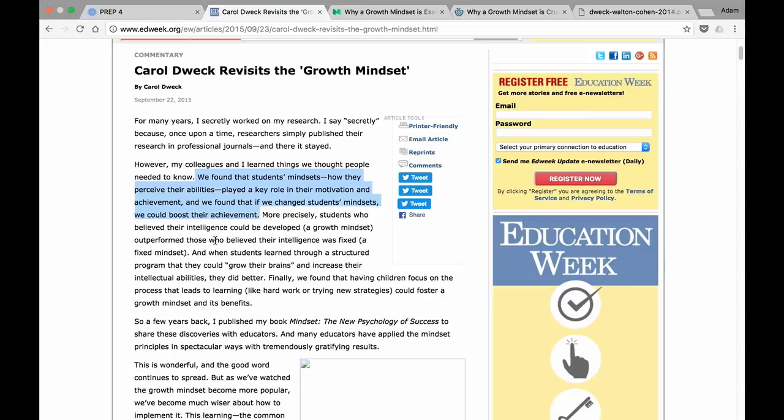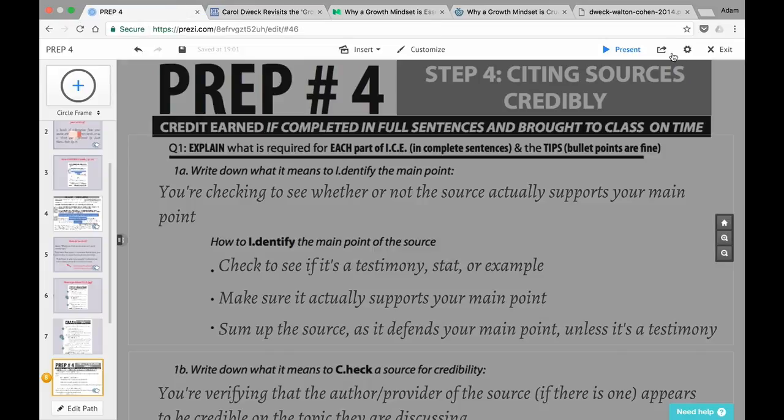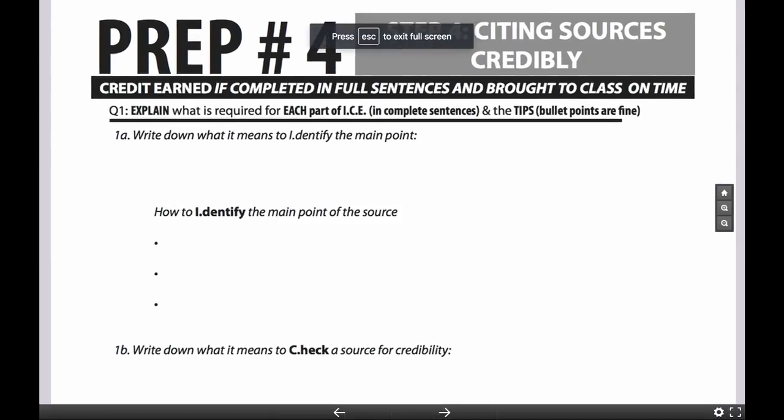And she said that she and her colleagues found that students' mindsets, or how they perceive their abilities, played a key role in their motivation and achievement. In fact, by changing students' mindsets, they could actually boost their achievement. So I could take this verbatim because it's a testimony, and I could quote Carol Dweck. So then we go to the next step of ICE, which is